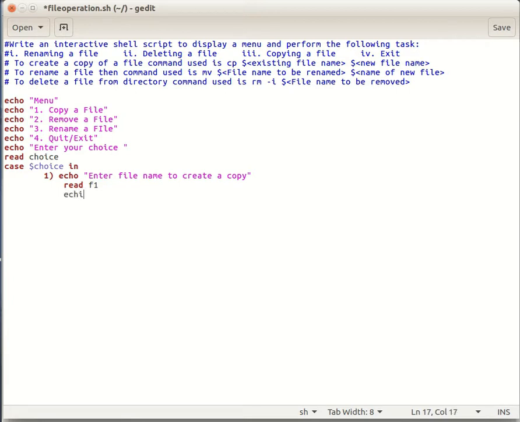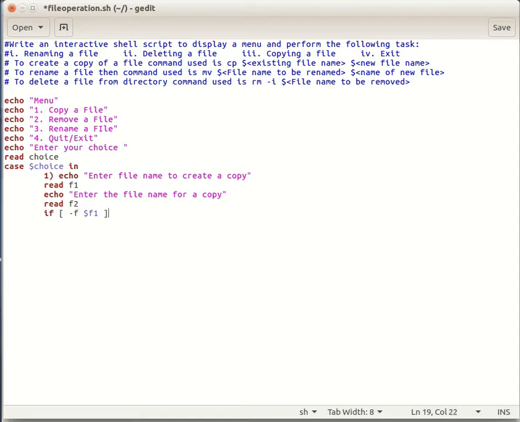And ask the user what name he wishes to give the copy, and store the name in variable f2. Before creating a copy of the file, first we should check whether the file exists or not.